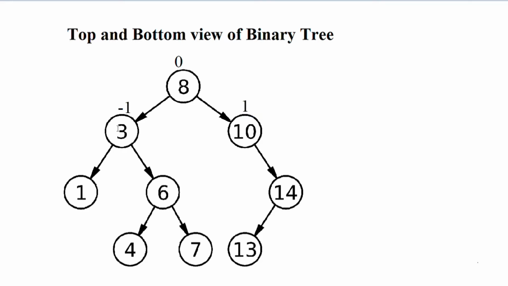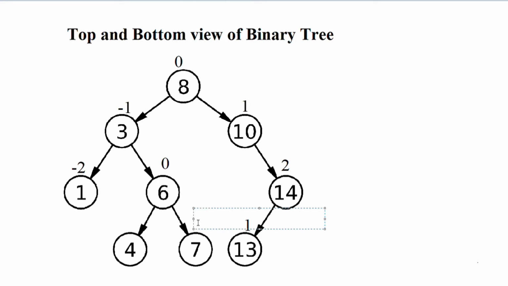Right now, let's consider this is the root node. This is minus 1. When I move from this to the left, I'll decrease the value again by 1. So the horizontal distance will be minus 2. Clear? What will be the horizontal distance of 6? Since it's on the right side, I'll add 1 to the horizontal distance of its parent, so it becomes 0. If the node is on the left side, I take the horizontal distance of the parent and decrement it by 1. If it is on the right side, I increment it by 1. Following that same procedure, 14 will be 2, 13 will be 1.